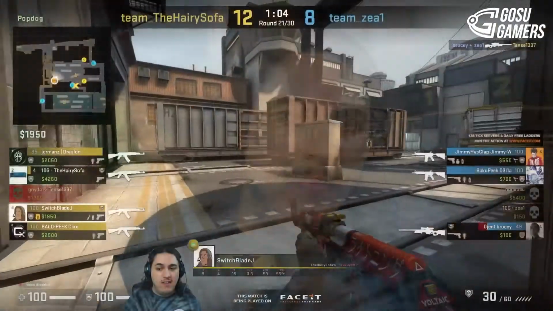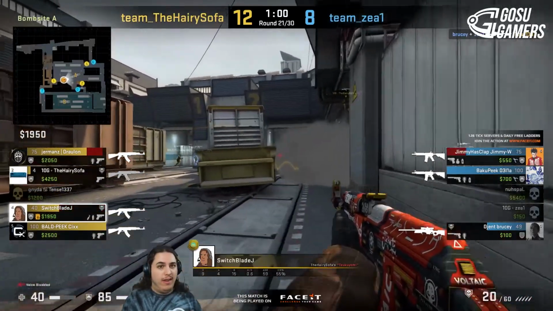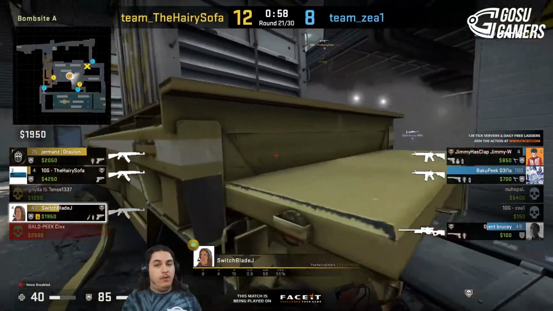So a bit too aggressive on my part, a bit overconfident, and a bit too far forward in that particular context. Again, if I just held back, put the incendiary down, and fell away towards the bomb train, that probably would have worked out a little bit better for me. In this round, I actually got a bomb plant, so I was able to secure a little bit more money for the T side. Unfortunately, the post-plant is what I'm going to focus on here,